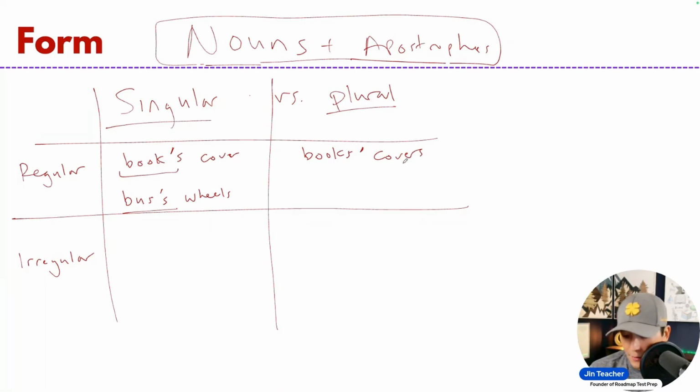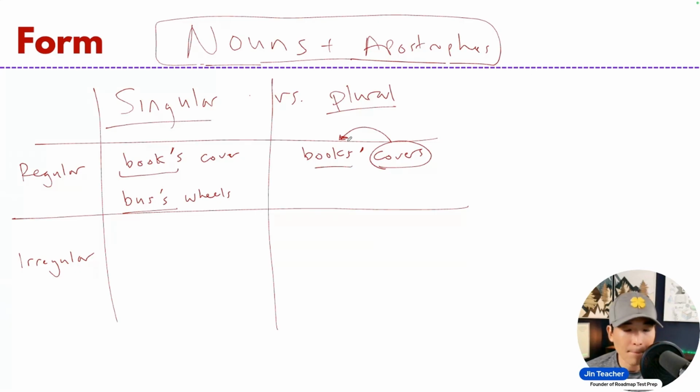And the covers belong to these books. And secondly, we know that this is referring to more than one book. It's plural. So when we see the apostrophe after the S, we know it's referring to the plural